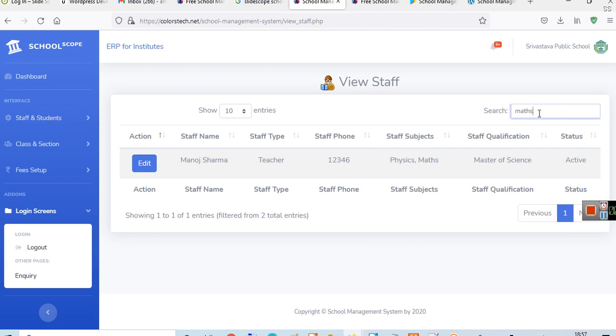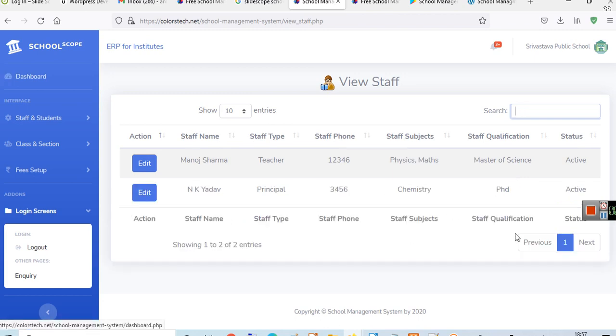This particular filter works on all these columns. It works on staff name, type, even phone number. You can see. This is a very easy to use filter that we have created here. So always use this filter to see the email, phone number, and different types of details of your staff.